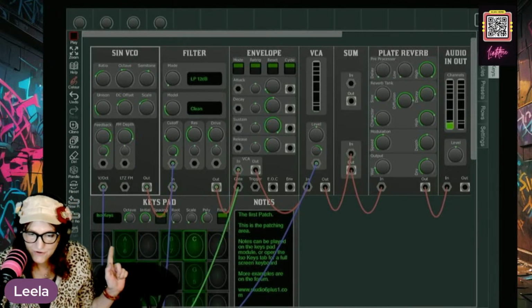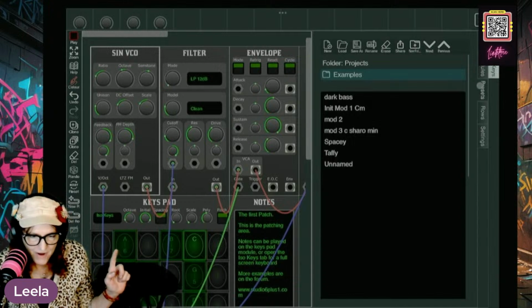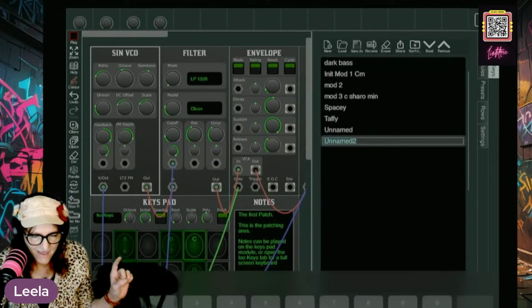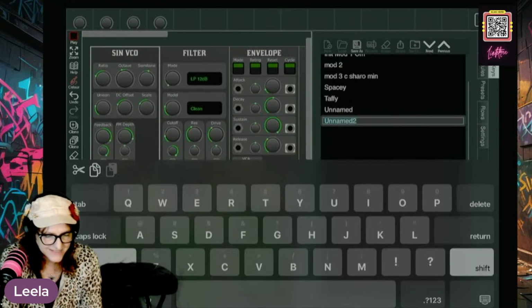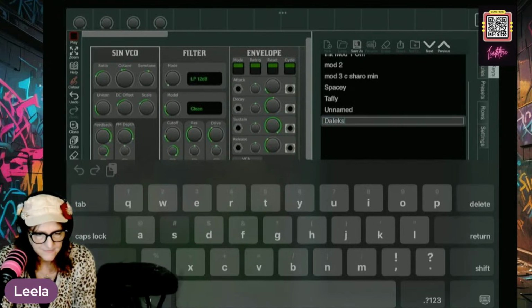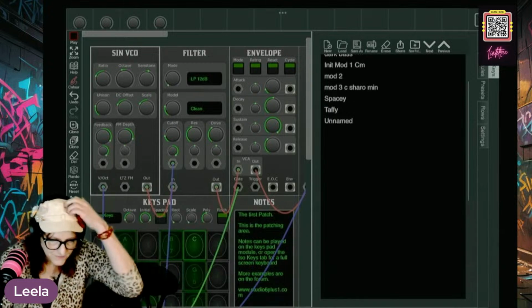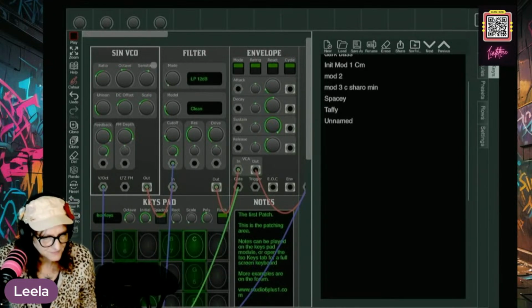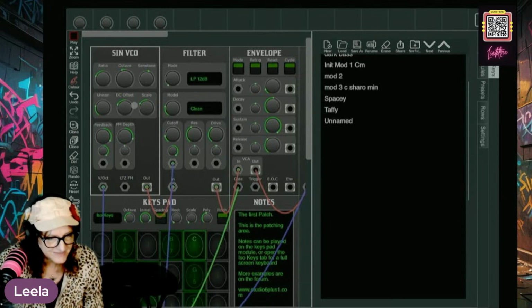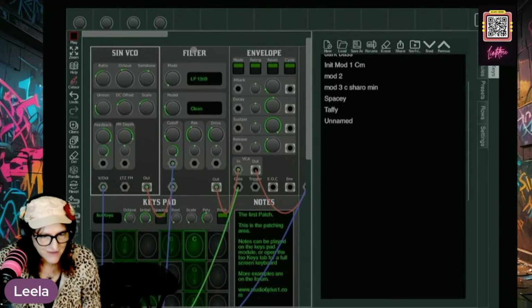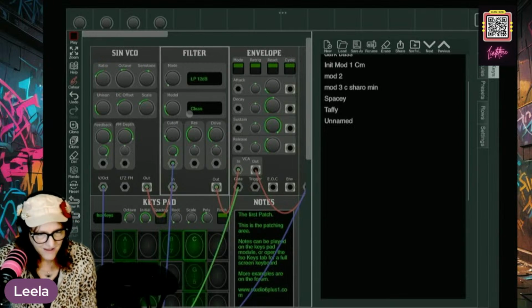So if you want to save your preset, all you do is hop over to presets right here on the right hand side and say save as. And I'm going to call this sounds like Daleks. So what changed? It moved your octave down, your ratio down, your semitone down, your unison down, all these things. Okay, now let's hop over to the filter and let's change things on there.